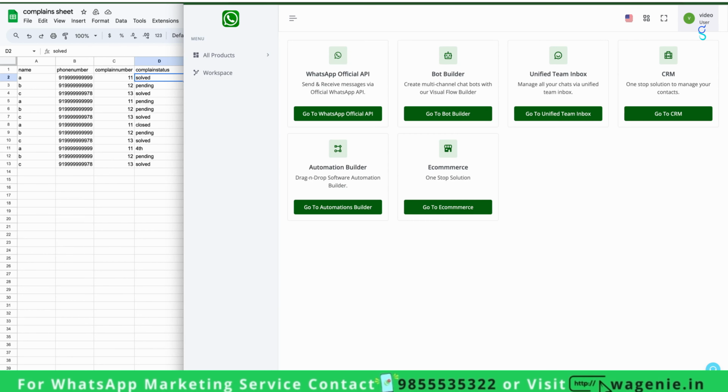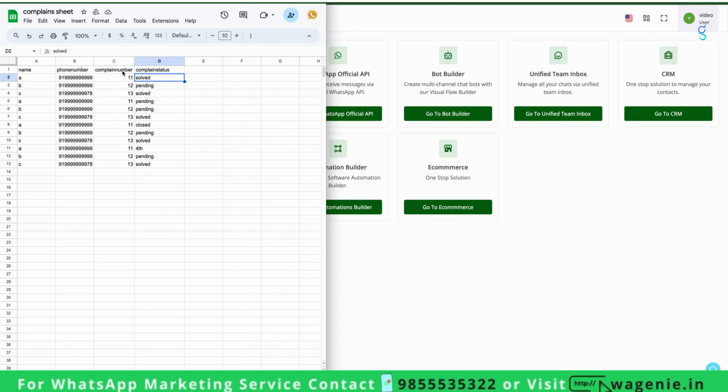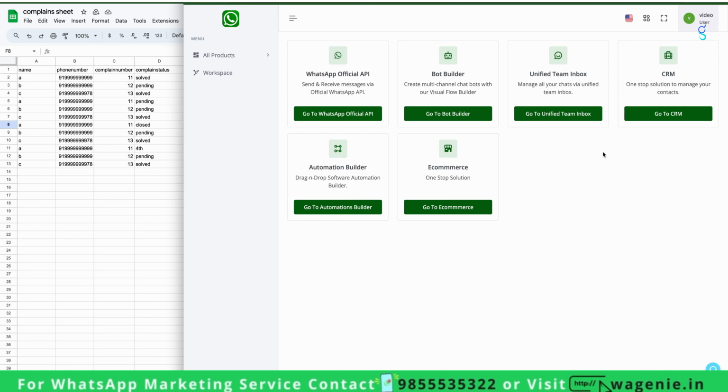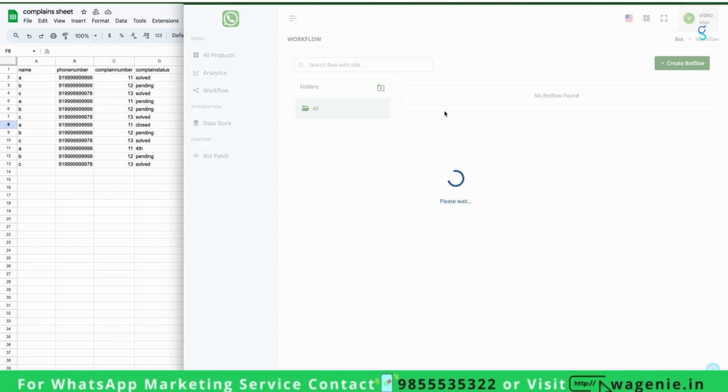Let us see how you can create a bot wherein your end user will send you possibly a complaint number, and we have this data in Google Sheet, and then we'll fetch the record of the complaint status from Google Sheet and then reply to the user. So to do this, we'll go to the bot builder